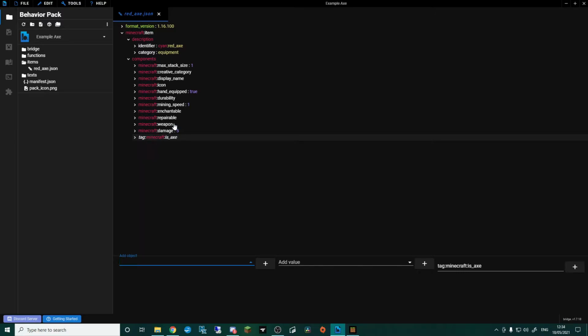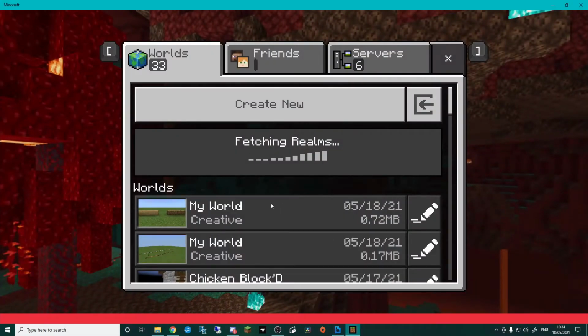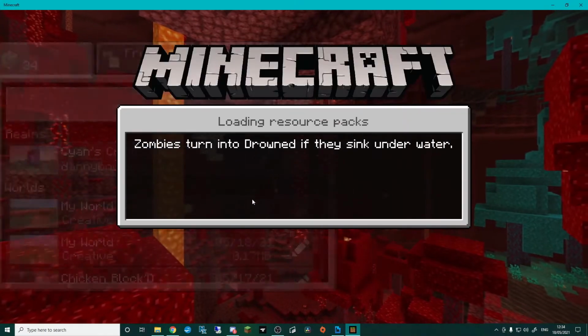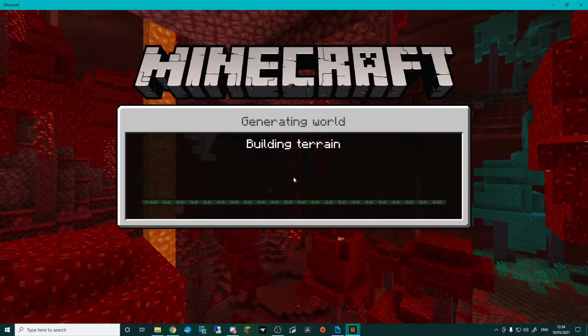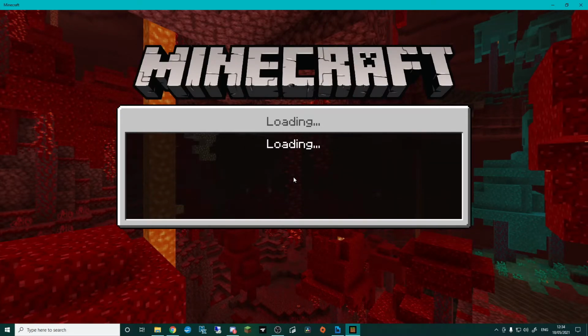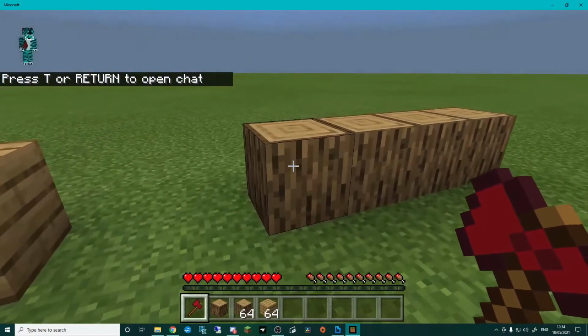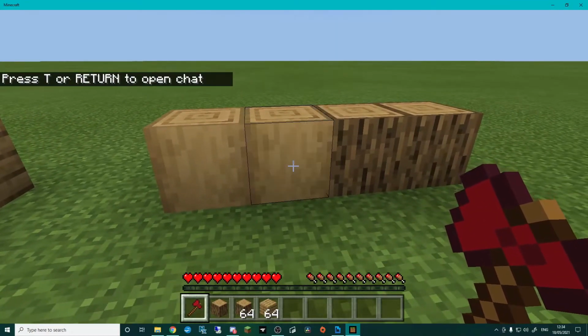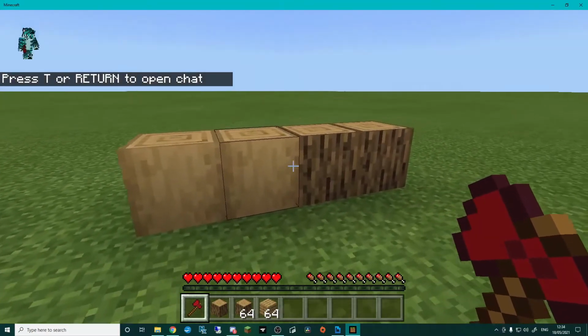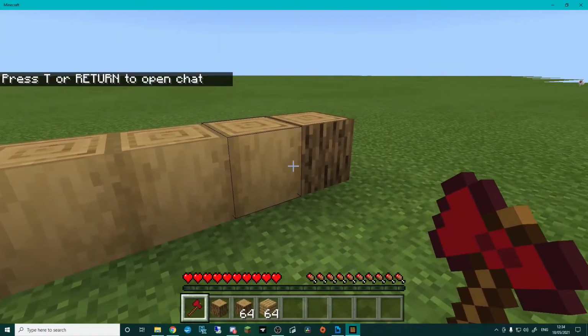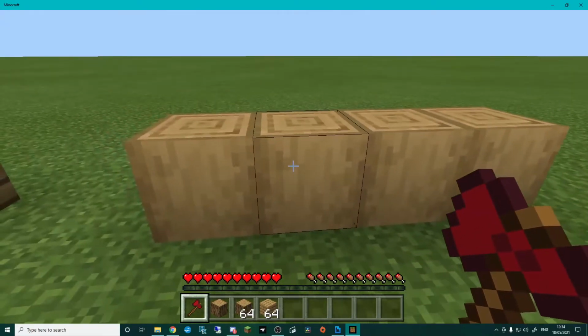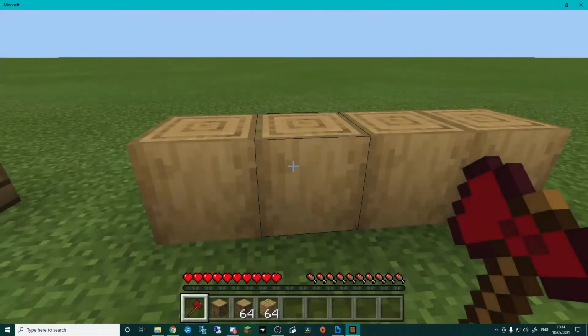So what I'm going to actually do is stop here. We're going to load the game back up, and I will show you that working. And boom, there you go. So it is stripping it, but it looks a bit weird. There's no sound, there's no movement. It's not, you know, if we go and grab